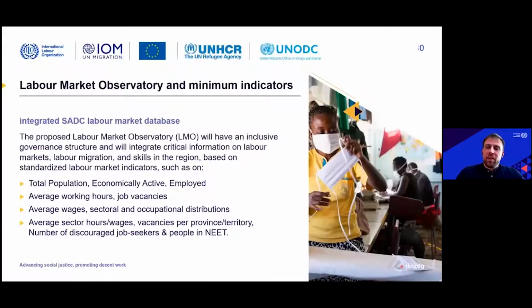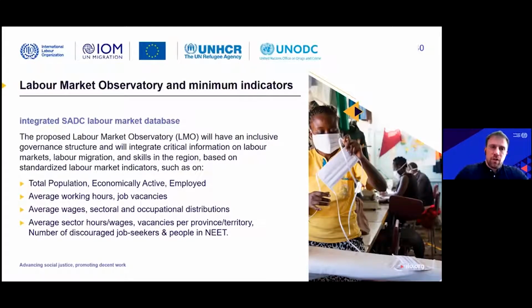So one last thing I would like to come back to before opening the floor up to questions and reflections is the mention of the labor market observatory and some minimum indicators based on those that you heard from Maria earlier. Now, the idea is that we produce an integrated SADC labor market database, a proposed labor market observatory, if you will,